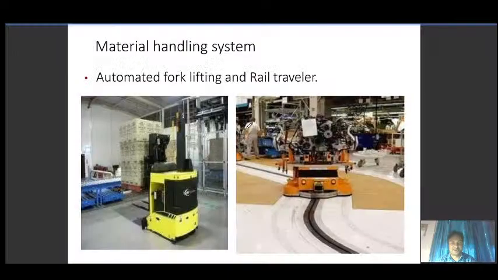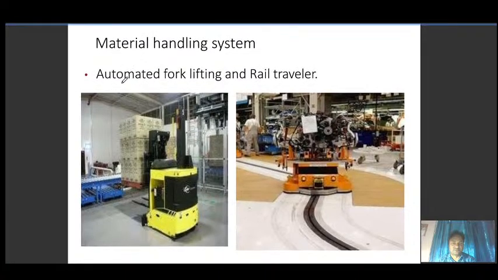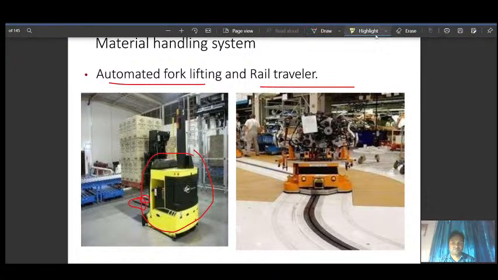So for the material handling system, you can see an automated forklift and rail traveler. You can see the automated forklift, it will go with these two forks, go here and put the part like this. It can go there and put the whole part. Again, you can see the rail track, not a rail track for the AGV.